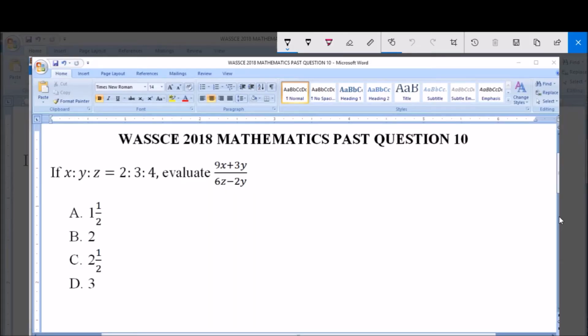I'll be answering WASSCE 2018 Mathematics Past Question 10. If x ratio y ratio z is equal to 2 ratio 3 ratio 4, evaluate (9x + 3y) all over (6z - 2y). A, 1 1/2, B, 2/3, C, 2 1/2, and D, 3. Now, since it is said that x ratio y ratio z is equal to 2 ratio 3